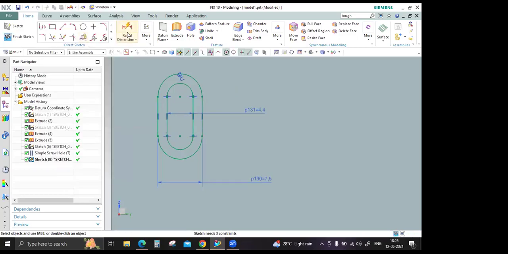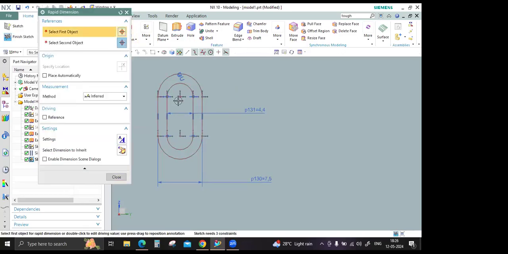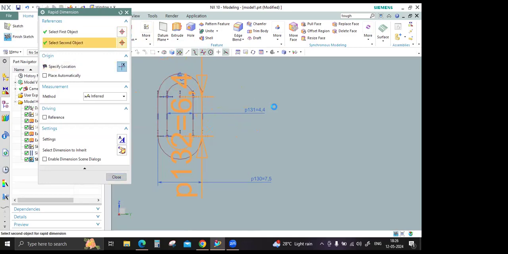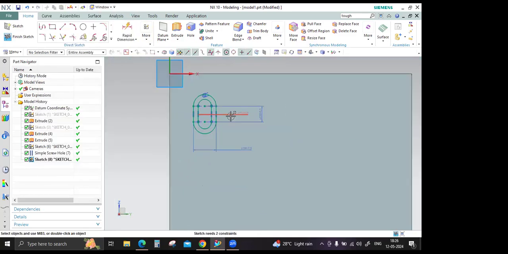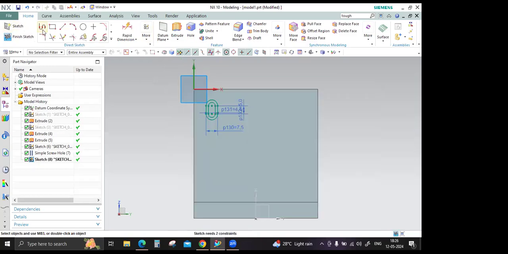Okay. Then what else we need to do, sir? Sir, we need to give from this center to this center how much the value will be. Let's take, we have to adjust 5 mm. Okay. So again, what I need to do, sir? I am going for